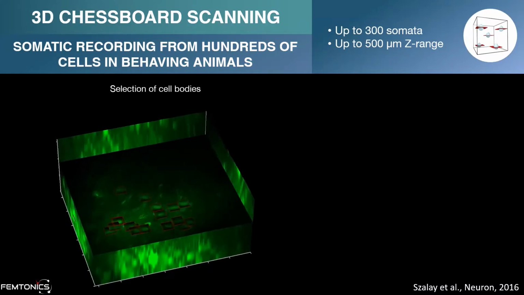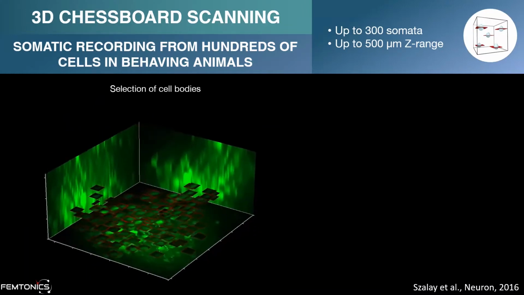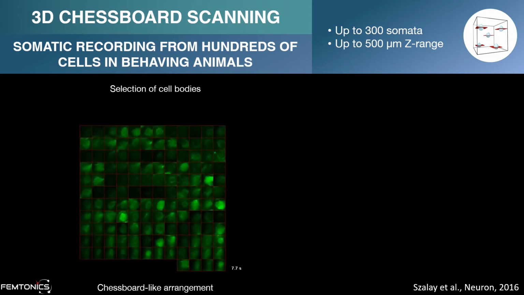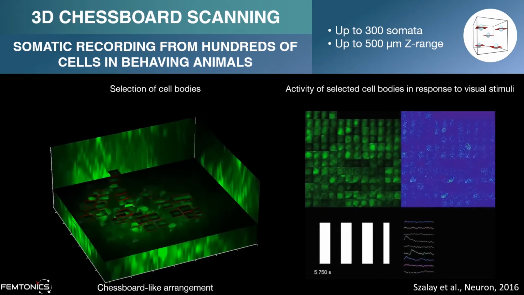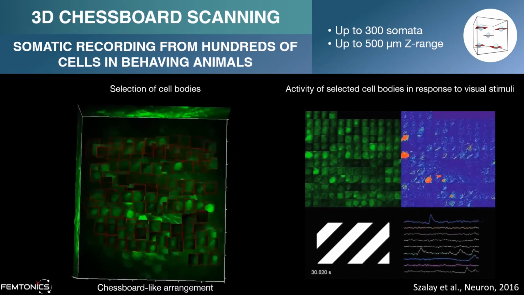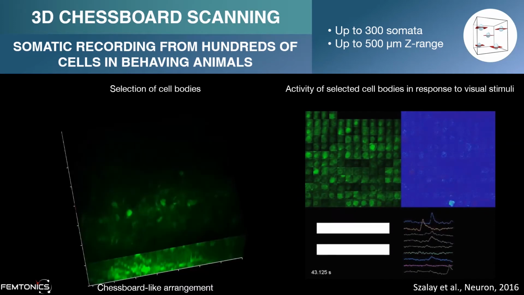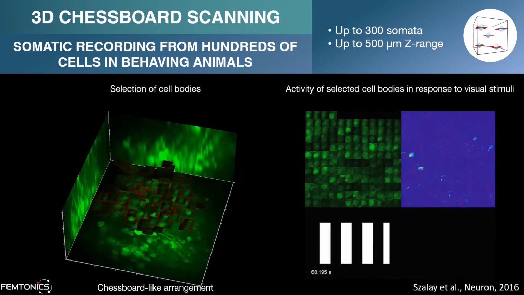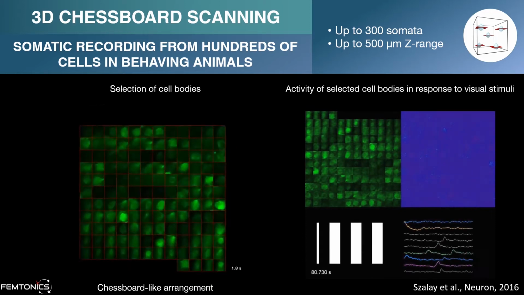The 3D random access scanning mode we've just discussed allows recording from thousands of cells. The 3D chessboard scanning mode extends the point scans to small squares around the cells. You can record from up to 300 cells that can be as far as 500 microns from each other in depth. On the video on the left, you can see the 3D chessboard scan of numerous cells scattered in a